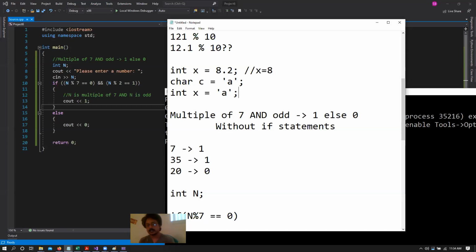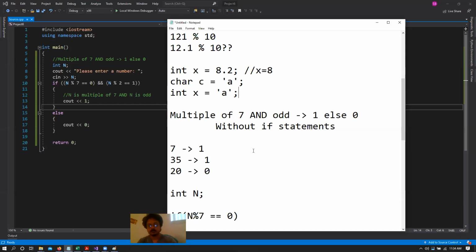In this case, we can say that the corresponding number representation of A is not a multiple of 7, or it's not odd, basically. But that was a trick question, so we will cover character values later. But this is a thing to remember. We call this implicit type conversion, right? Okay. So now that is done, now we understand this thing.